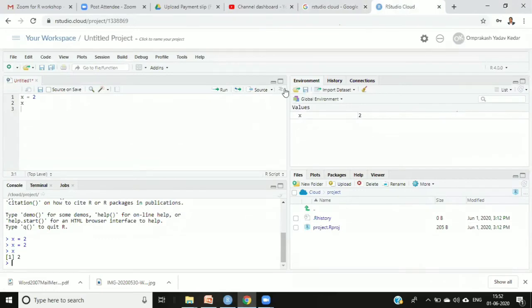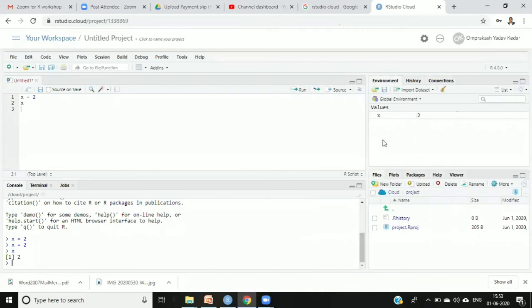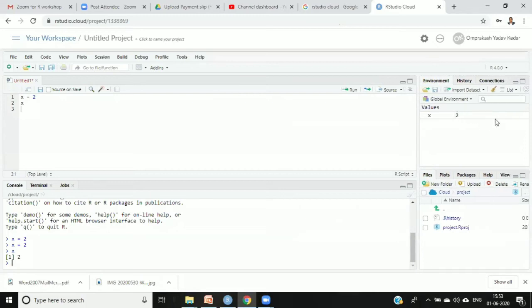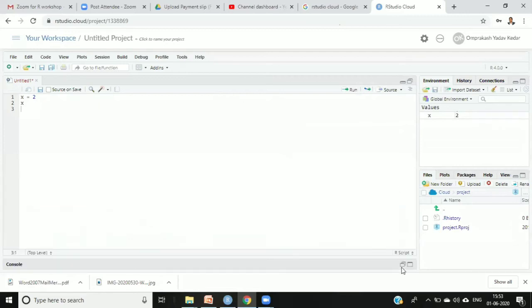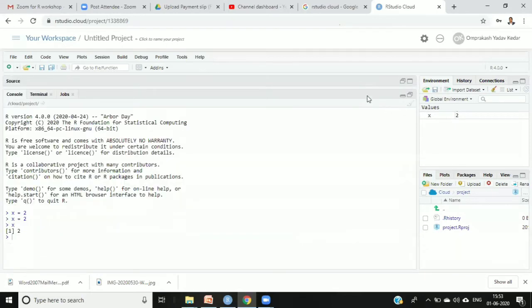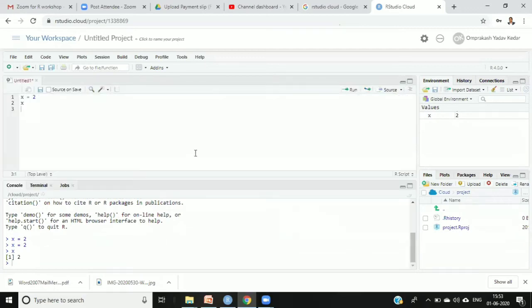If you see, this is exactly similar to my RStudio software. What we can do, we can minimize, we can shrink this particular thing. Just click on that, hold it and drag it, right? So it got shrunk. If you're getting it like this, and it went over there, you click over here, it will come. If you click on this particular icon, see, this got merged, right? So we got this window also. Just click and adjust your window properly, right?